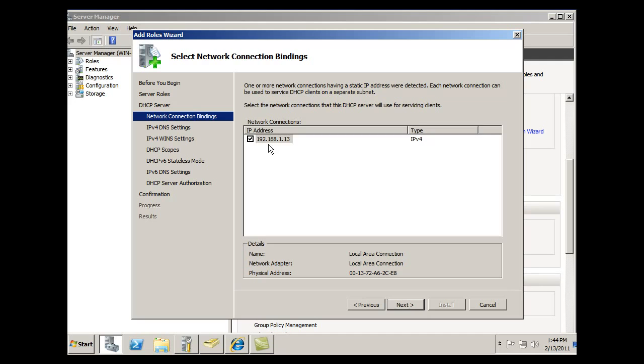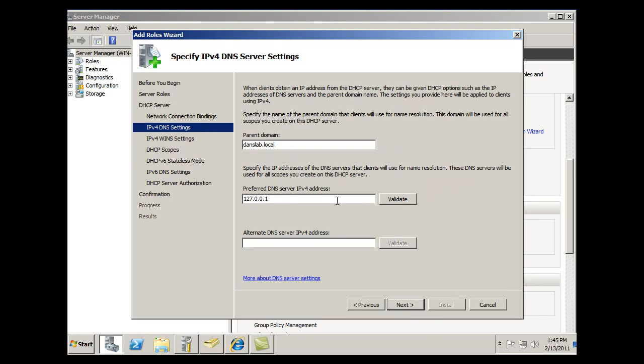It's going to show me my NIC, right now my server's IP address. So I only have one NIC right now on the server. I don't have a bunch of network interface cards or Ethernet ports, just the one. And then I'll hit next. And then right now,